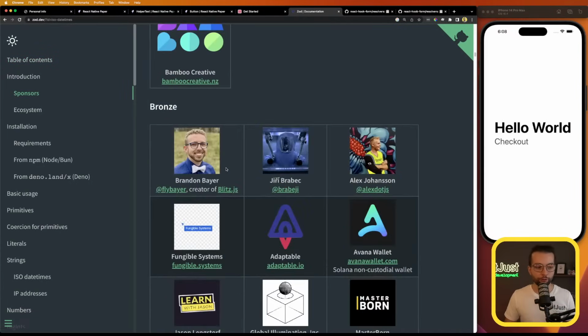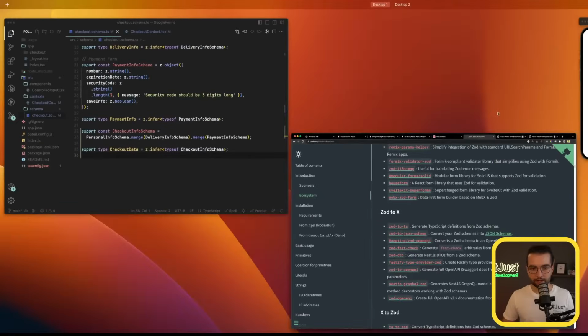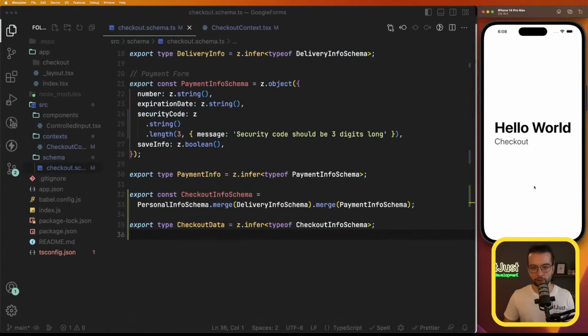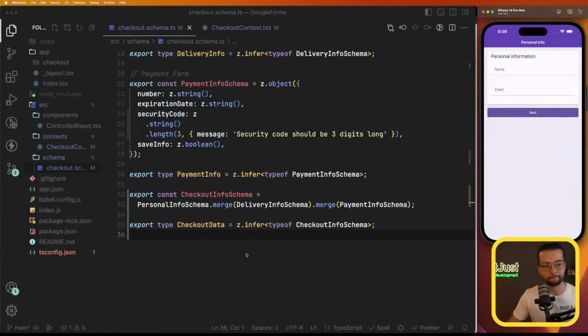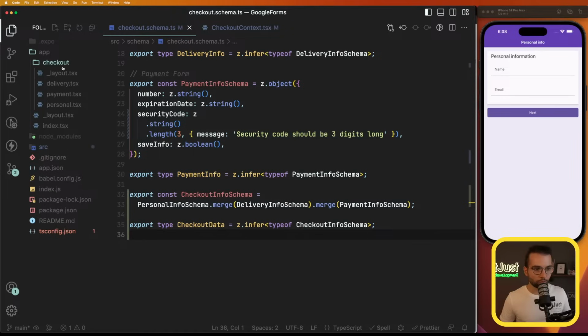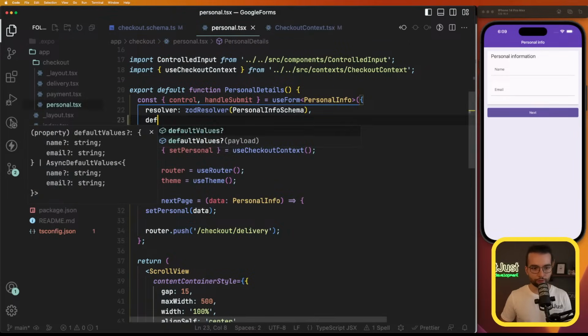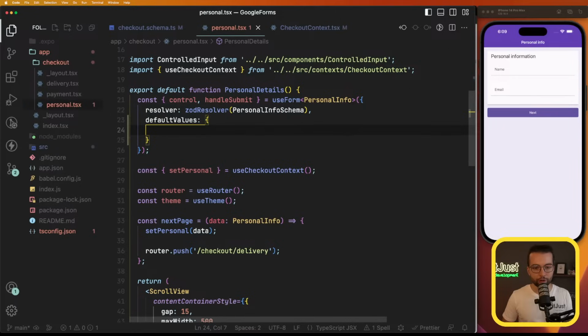Let me show you how we can transform data types. For example, if I'm gonna look at the, you know what? I'm gonna work a lot with moving around the screen. So I think I'm gonna provide some default values. Let me go to the personal here, and for the use form, let's do default values for now as name,